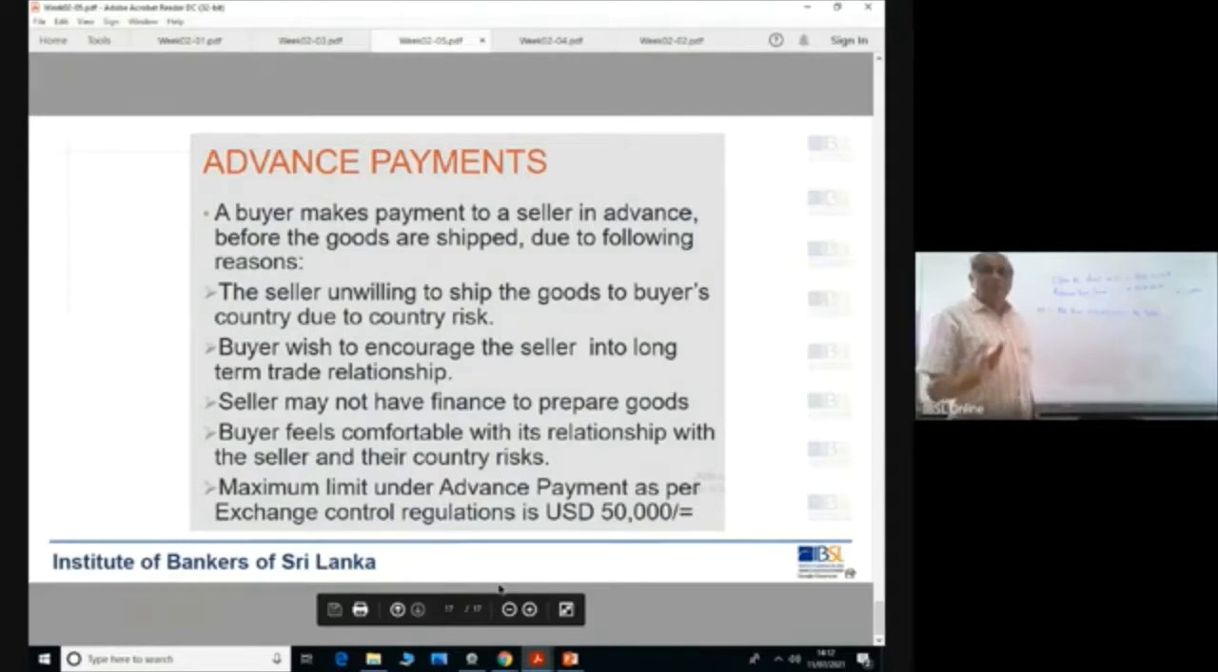Okay, assuming that the limit is 50,000 US dollars. Can we do the payment? Yes or no? Limit is 50,000. Okay, can do it. And on the same day,